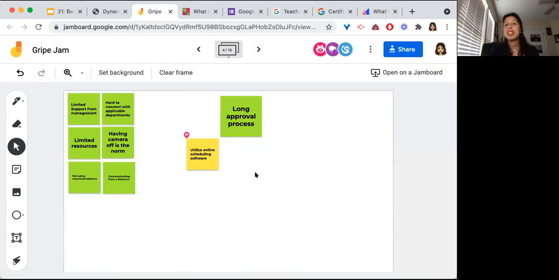Okay, here's one that's developing. So long approval process, utilize online scheduling software. That can happen. One thing that I used when I was at the American School of Paris, for example, was we created a Google form that was also translated into French. And then we created an autocrat to go along with that. And then there would be notifications set up on the form and through the autocrat, so that when somebody filled out a PD request, it would go to the right person, the right director at the school, and then they would be notified. And then we had DocuSign implemented in.